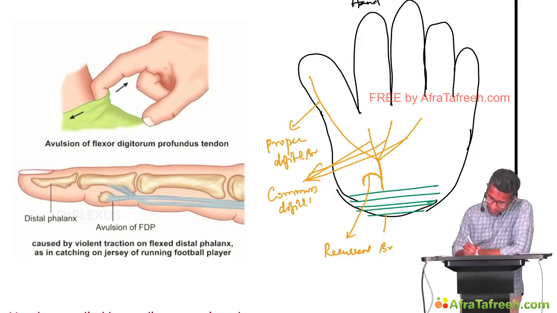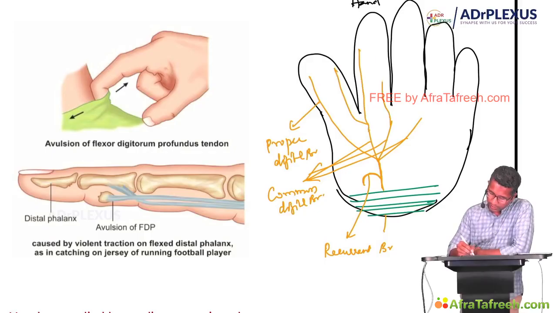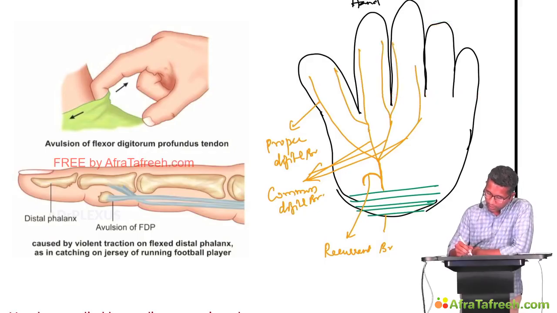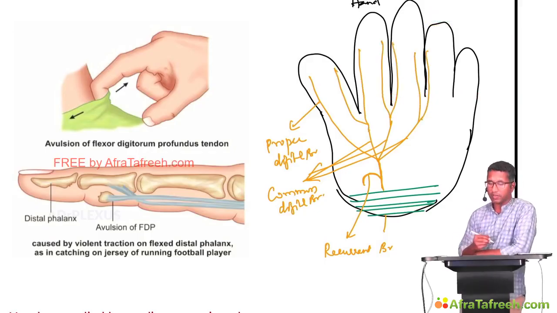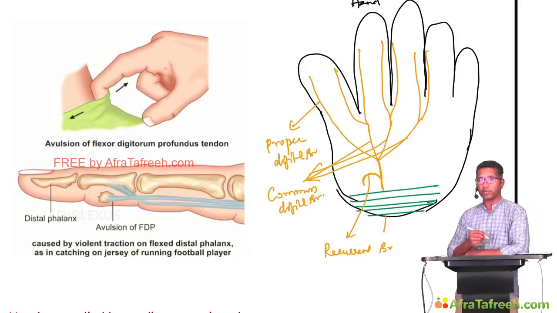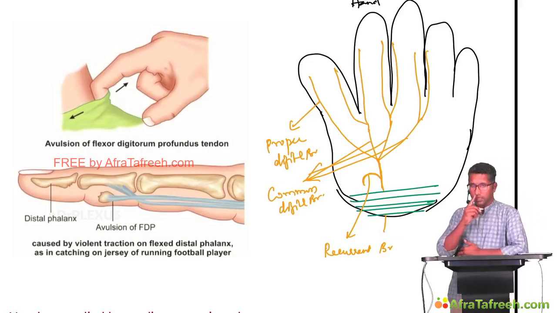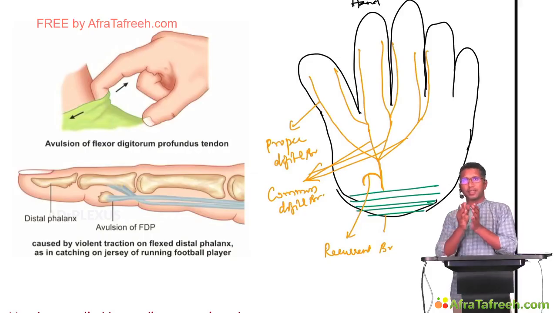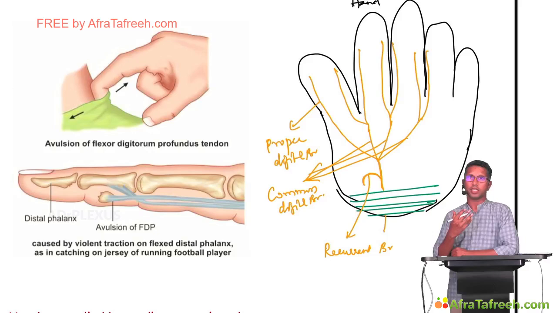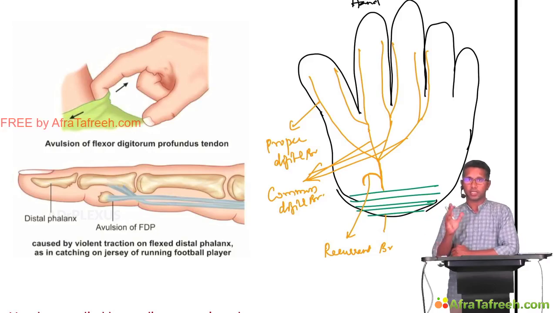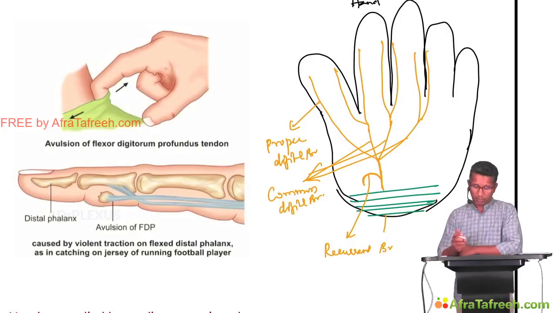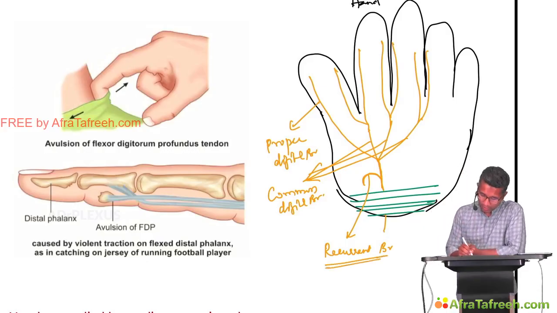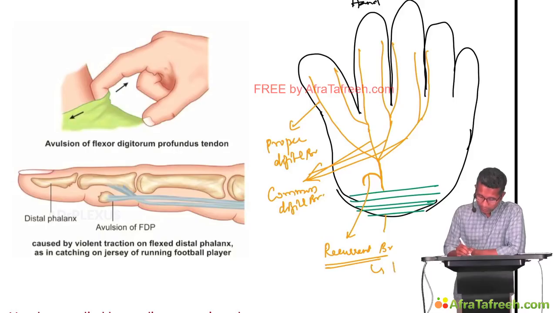These common digital branches split into two proper digital branches and supply the adjacent sides of the index finger, middle finger and ring finger. Clear? So these nerves supply three fingers. They mainly supply sensation to the hand, so the sensation on the lateral three fingers is supplied by the median nerve. Now what is this recurrent branch doing? This recurrent branch supplies the muscles of the